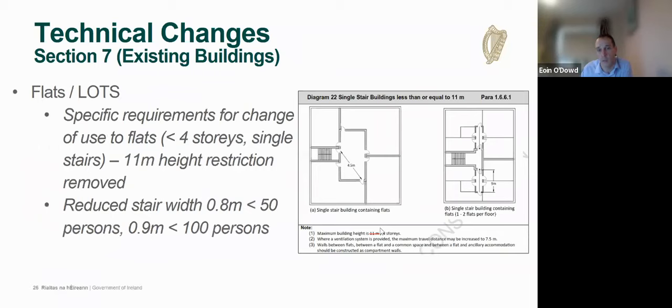For flats, or what's sometimes termed living over the shop, again, a key objective of government is to support the reuse of existing buildings, particularly in change of use to residential accommodation. And there is a specific provision for the change of use of flats, where, for what's typically termed a small single-stair building containing flats of less than 4 stories, the 11-metre height restriction has been removed. The effect of that is that, irrespective of the topmost floor height, flats may access the stairway directly, provided that